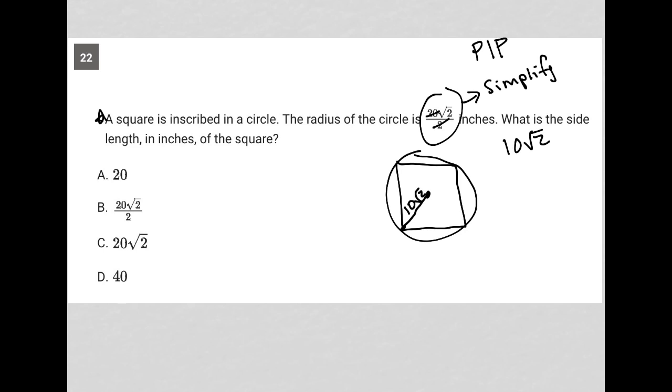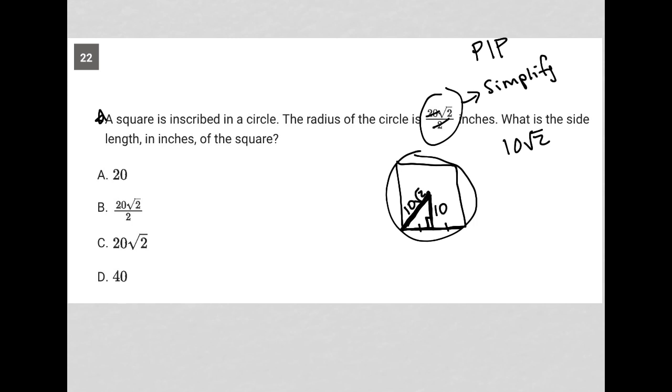What is the side length in inches of the square? So what do we know about this square? We actually don't know anything about the side lengths of the square right now. We just know that this is 10 root 2. There's a couple of ways to do this. I could drop a vertical or drop an altitude here to make a right triangle, in which case I'd split the base of this square, or split the side of the square into 2 equal parts, and I could figure out that